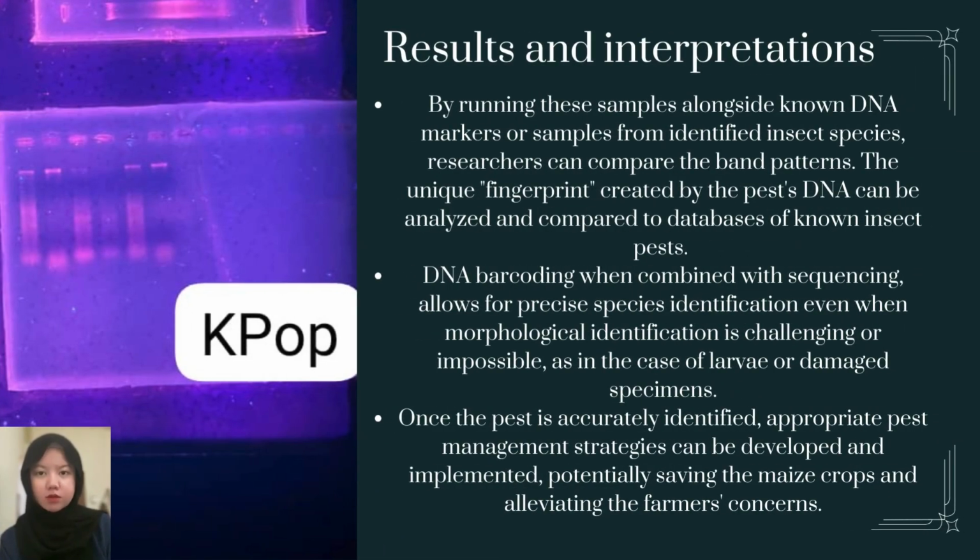By running this sample alongside known DNA markers or samples from identified insect species, researchers can compare the band patterns. The unique fingerprint created by the pest DNA can be analyzed and compared to a database of known insect pests. DNA barcoding, when combined with sequencing, allows for precise species identification, even when morphological identification is challenging or impossible, as in the case of larvae or immature specimens. Once the pest is accurately identified, an appropriate pest management strategy can be developed and implemented, potentially saving the maize crop